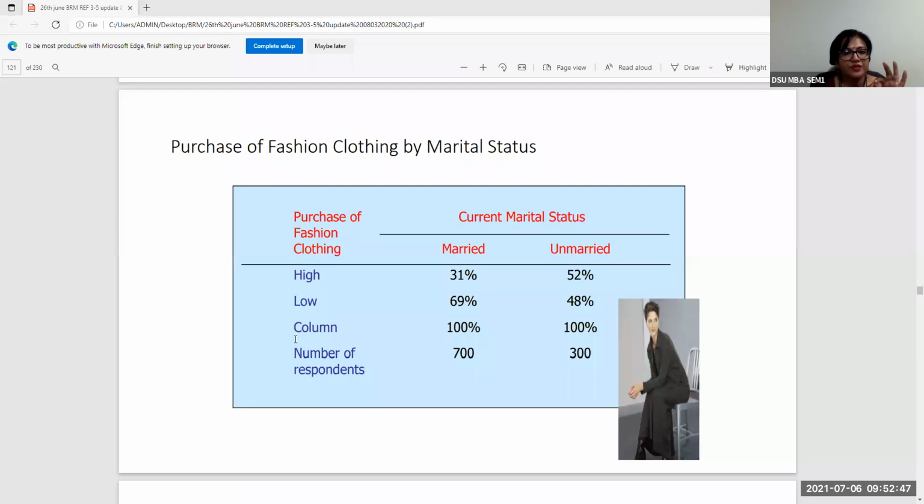Statistics will be used in research to help you as a manager to interpret certain things, right? And all of you, and I mean each one of you, will become very comfortable in interpreting the data without any kind of problem. The only thing you have to keep in mind is, please take away any mind block that you have, which is, oh my God, I have to do hypothesis testing, I have to do chi-square, I have to do this, I have to do that. That is all statistics. Can I do this? It is very complex. Don't think like that. All right, please don't think like that, because we're not going to do any manual calculation whatsoever.